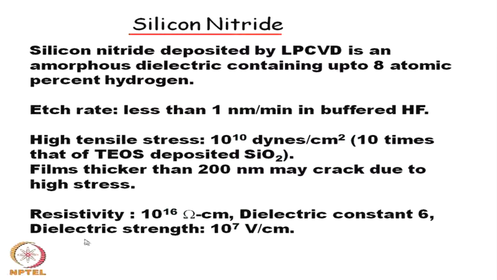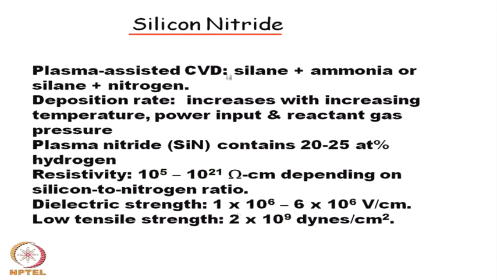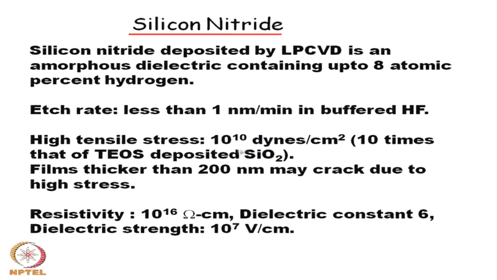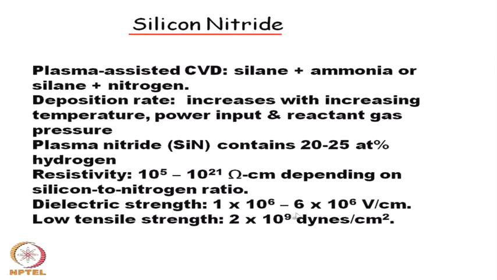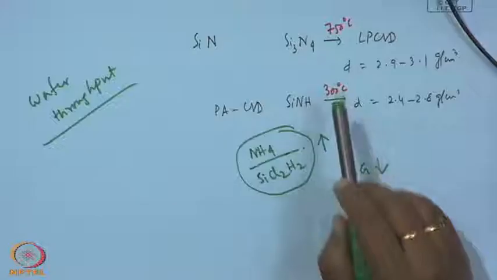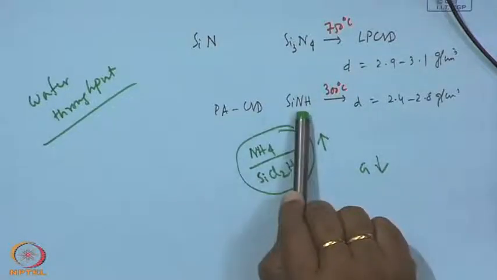Now, if we come to resistivity, we see that it is very high, 10 to the power 16 ohm centimeter, the dielectric constant is 6 and dielectric strength is 10 to the power 7 volt per centimeter. Then we compare this value of, say, tensile stress, resistivity, dielectric constant etcetera with plasma assisted CVD, because we have come across two processes, one is plasma assisted, another is the